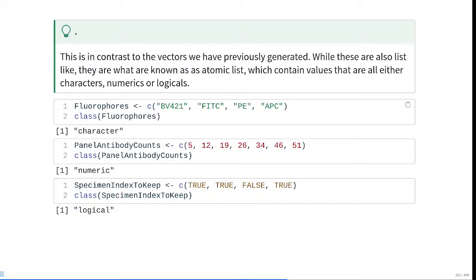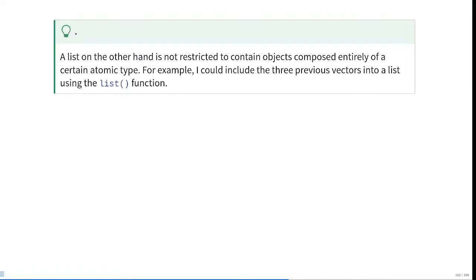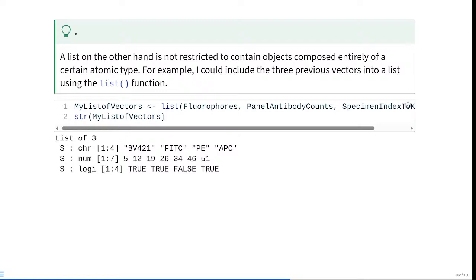I created the floors containing the name of our floors, a panel antibody counts containing the antibody counts for particular panels, and a specimen index to keep. All these three are what we know as vector lists, and then these can be combined together using a list function,